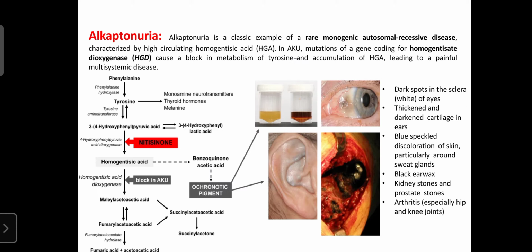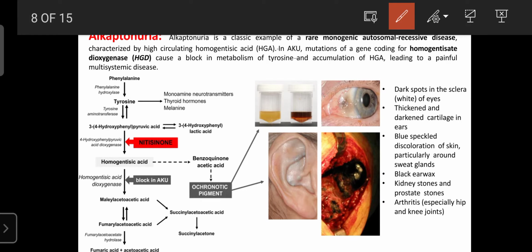So next condition is known as alkaptonuria. It is characterized by deficiency of the homogentisic acid dioxygenase enzyme. That enzyme is required for conversion of homogentisic acid into maleylacetoacetic acid. Then further, that is converted into fumaric acid and acetoacetic acid. And this homogentisic acid is a metabolite of the metabolism of the amino acid